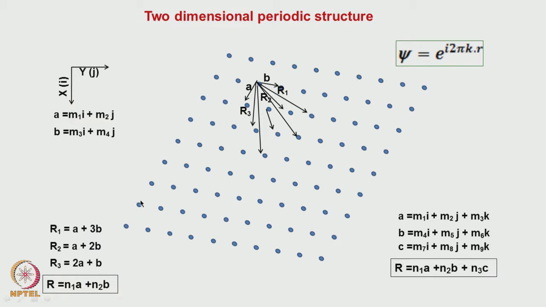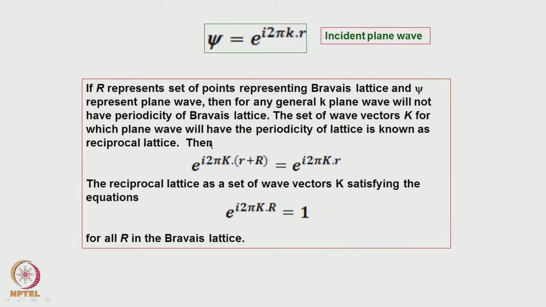So, if we do this, now how do we represent it? Suppose I choose some particular point here, I mark a point here. From this point, which is the point at which an identical position will come if I am moving in this direction, maybe from somewhere here, right. How will we represent these 2 points? It will be represented as e to the power of i 2 pi. Now, k I am choosing as a specific value, because that is the value with which we are choosing the radiation. Then k dot r1 is r plus r, right.